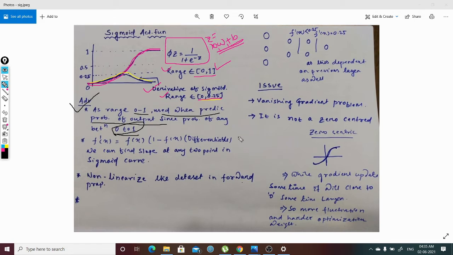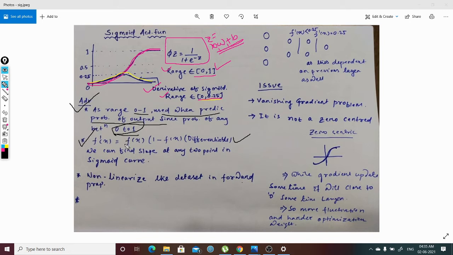Okay, so yes, this is differentiable. When I discussed backward propagation, why we need the derivative of the activation function and the derivative of the loss function, I showed you with an example of the sigmoid function, doing the derivative of the sigmoid function.